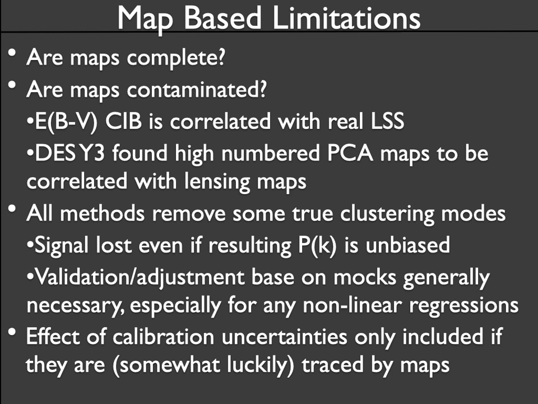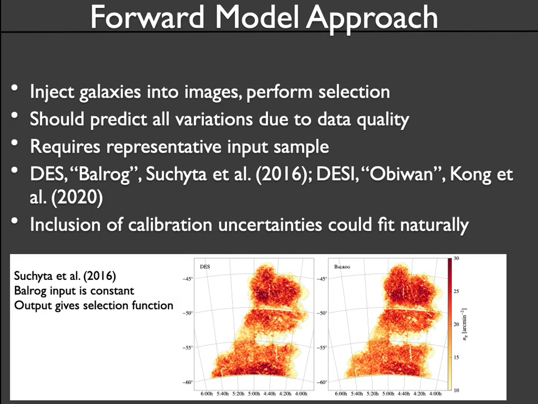And then any calibration uncertainties themselves won't be captured in these maps unless we're lucky that the maps are somehow proportional to those. An approach that is becoming increasingly used is to forward model the variations that we see. When we do this in the imaging data, this is actually injecting the galaxies into the imaging, and then for DESY doing something like repeating the target selection,